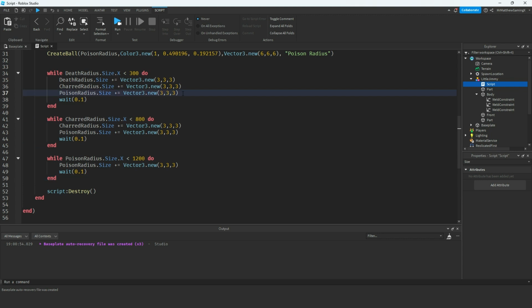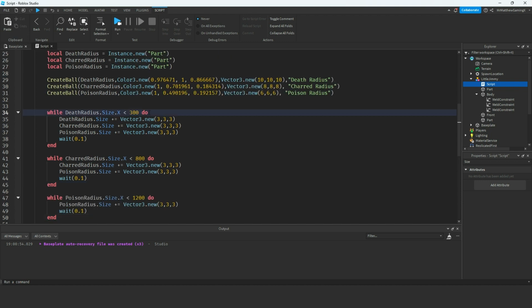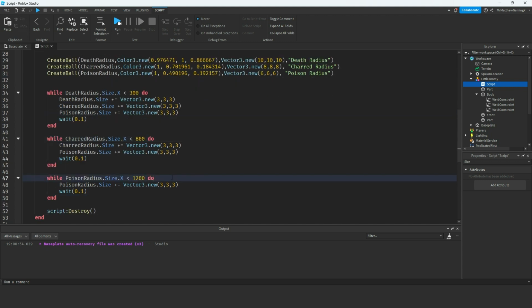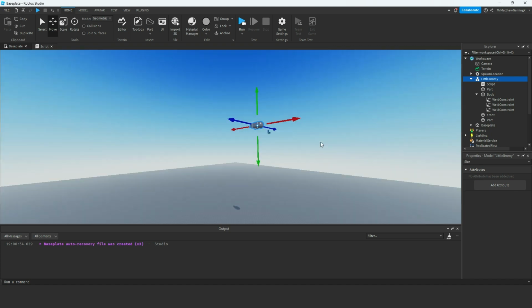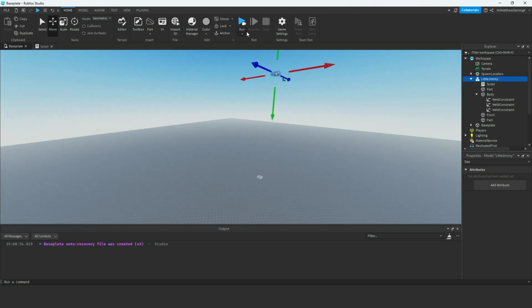And then I just put these 3 while loops for each of the radiuses, and you can see in the first one where all 3 of them are growing. In the second one, the first one has stopped growing, so the next 2 continue growing, while the last one got left behind. And then the same thing with the third one, where the first radius keeps growing and the other 2 stay stagnant. And I also changed the values of each of these so that each one gets larger than the previous one. So let's put our little nuke up here, and if I hit run,